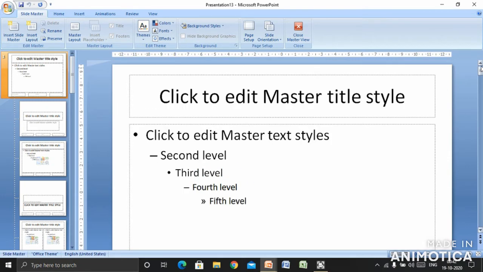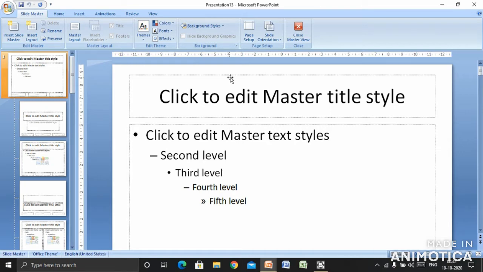Now I also taught you that the slide master consists of two placeholders. The upper one is known as the slide title placeholder and the below one is known as the body text placeholder. These are the two placeholders.